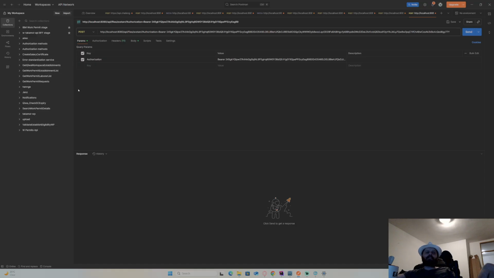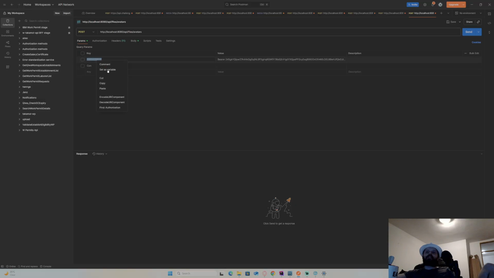So this is my token. Content type. Yeah, this is parameters. Now I'm seeing why I don't have any authorization. Authorization. Okay. And now I'm just gonna get from params this one, Bearer token.